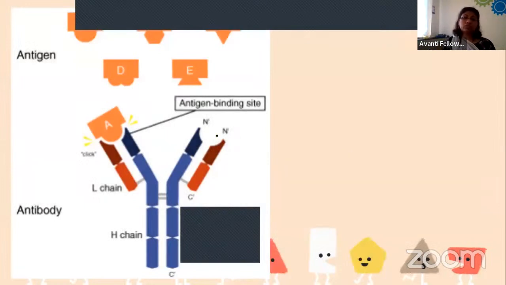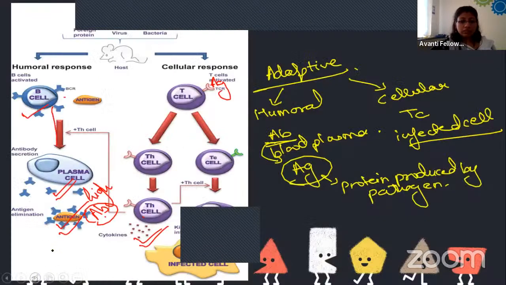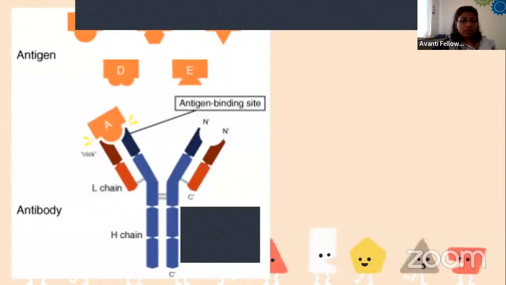Now moving to antibody. काफी देर से हम एंटीबॉडी करे जा रहे हैं, अब पता चलता है कि एंटीबॉडी है क्या. Now let's discuss the antibodies. Okay,